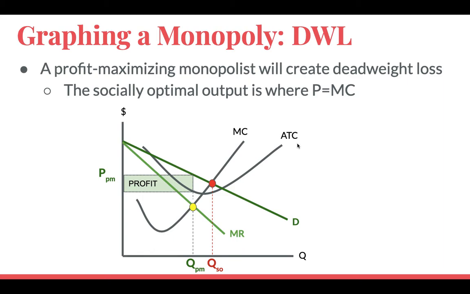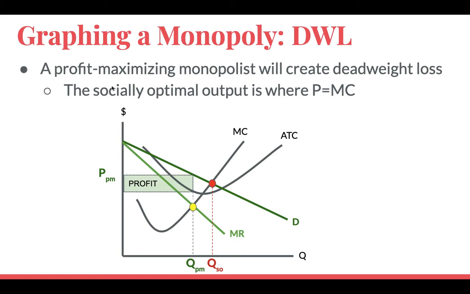Now, because a monopoly has market power and they're doing what's best for themselves, they're not thinking about what's best for society necessarily, right? They end up creating a deadweight loss. In perfect competition, we didn't have to worry about this because it was perfect. Everything was great. It was a perfectly competitive market. But in this case, the monopoly is actually skewing things a bit. So there's two key points you need to take away from today on this graph. One is the profit maximizing point, which we just found. The other is what we call the socially optimal point. And we've learned about that before.